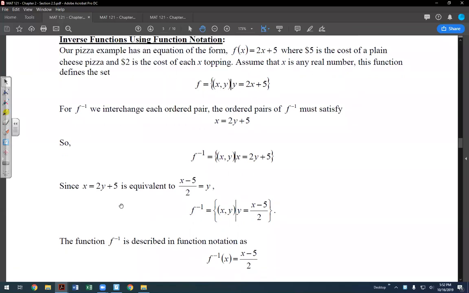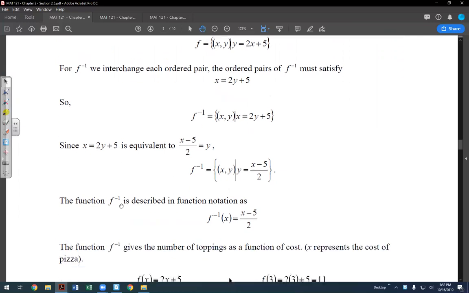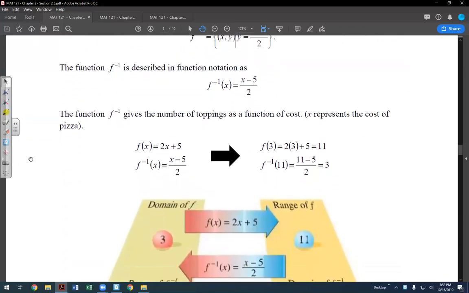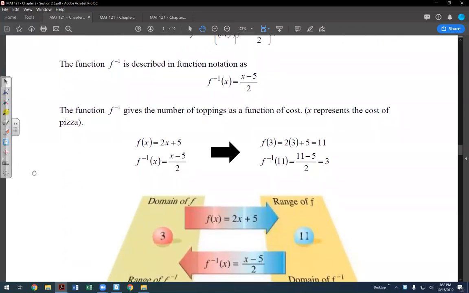So in the inverse function, if I start by putting that 9 in here for my x value, 9 minus 5 is 4. 4 divided by 2 is 2, which is telling me we got 2 additional toppings on our pizza. So that's how the relationship between the original function and the inverse function should always work out to be. And they're actually using here an example showing you with 3 toppings instead of 2. So if we did 3 toppings, we'll end up paying $11 for that pizza. If I put that $11 inside my inverse function, it should come back showing me that we got 3 additional